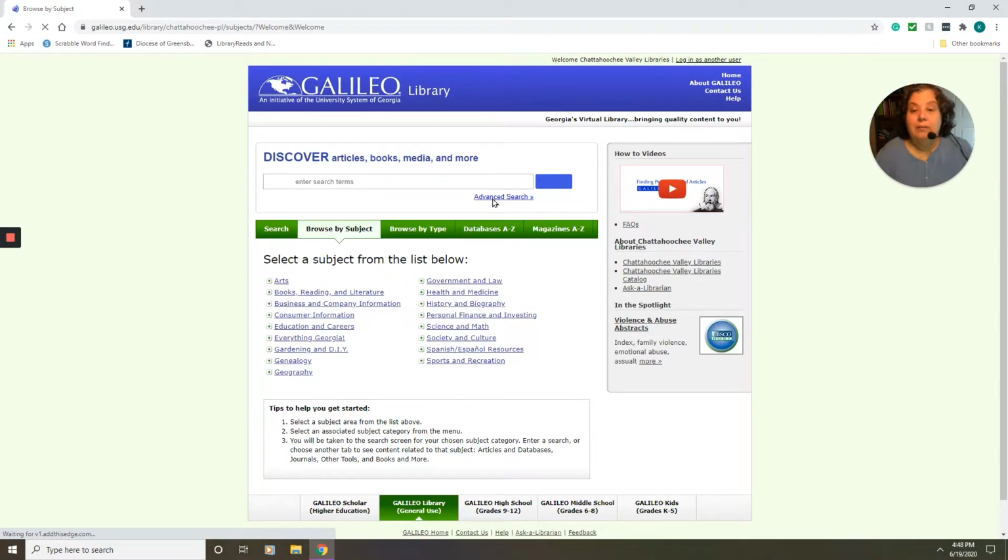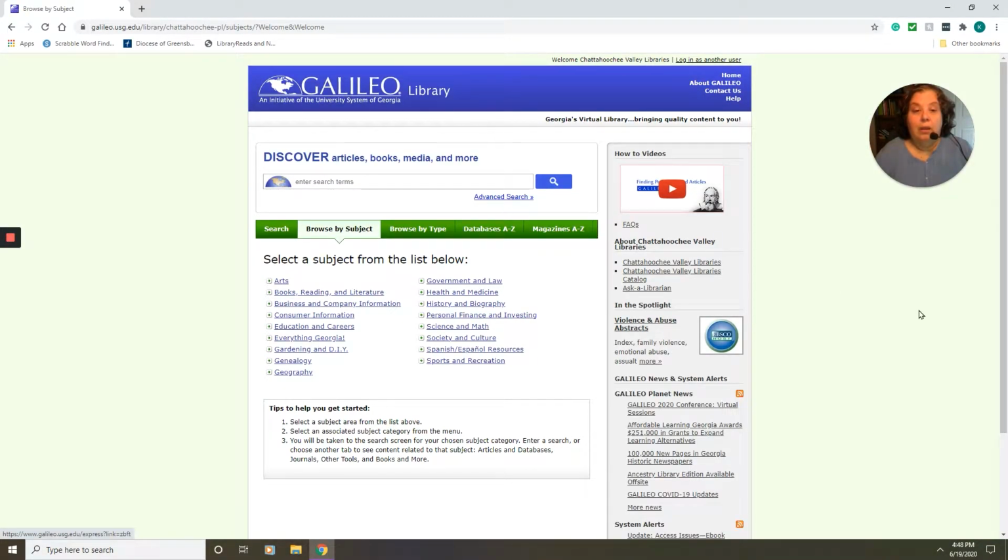And this is GALILEO's homepage. Over here on the right, it gives you some how-to videos on how to use the databases. It tells you a little bit about our library system, which is known as the Chattahoochee Valley Libraries. It consists of 4 city branches, of which the Columbus Public Library is the main branch, and 3 county branches. You can also get to our catalog through here and to our Ask a Librarian